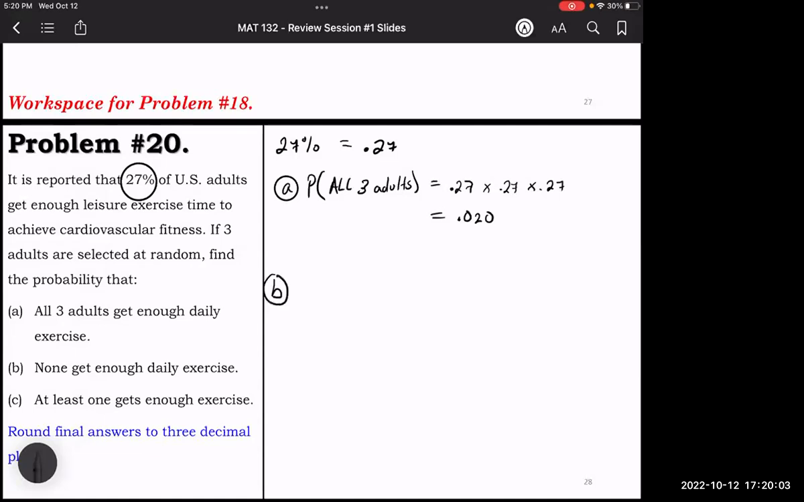Part B states we want to compute the probability that none of the 3 people being selected gets enough daily exercise. So if 27% of the people get enough leisure time to do exercising, then what would be the case for none? What would be the percentage for none of the people? Or sorry, if